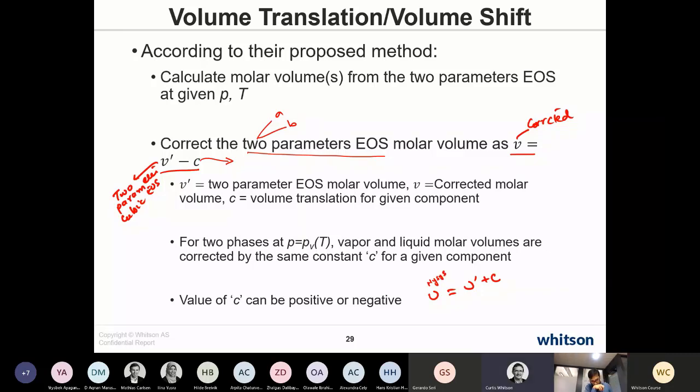And when they did it, they used the wrong sign. They took the 2-parameter volume and added the C term. So you have to take the C values generated in your PVT sim, PhazeComp, PVTP, whatever it is, all other software, and when you import them to HYSYS, you have to give the negative of that C value,